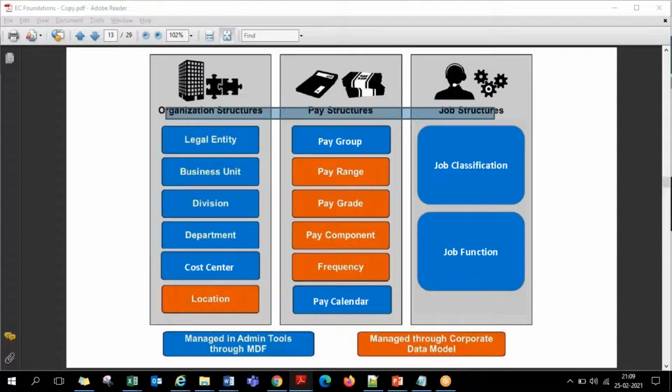Just confirm once you're able to see the PPT. Now it's visible. Yes, it's visible now. Okay then. Somewhere the GoToMeeting glitched, guys. Sorry for that.